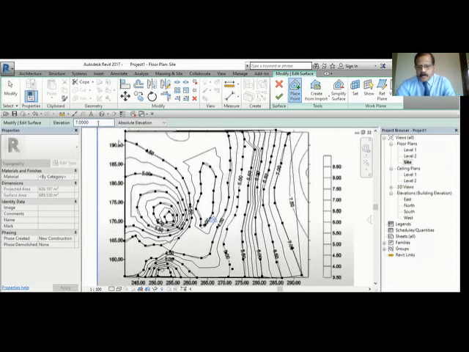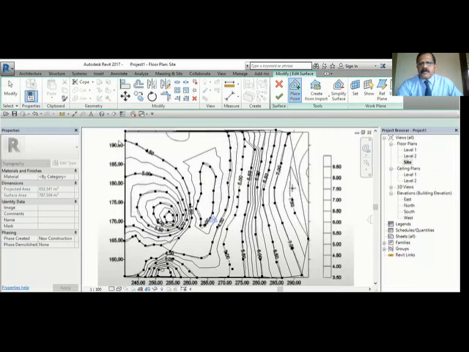No, 7.5. So this contour you get from the levels. Usually it is prepared by the surveyor. He will prepare and give it to you. Say 8.